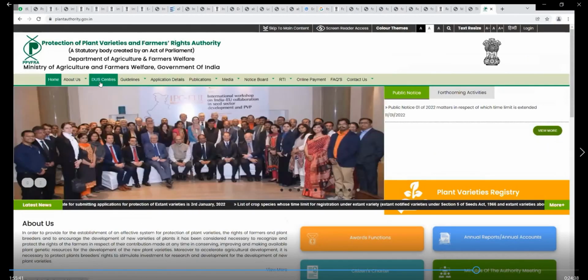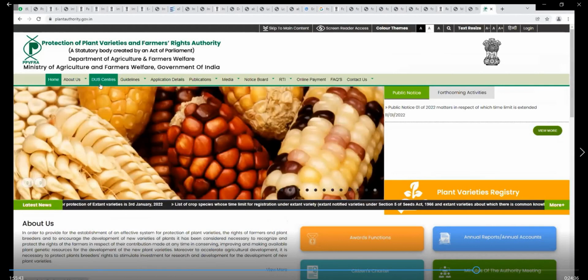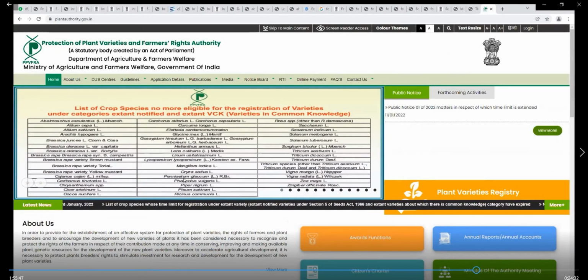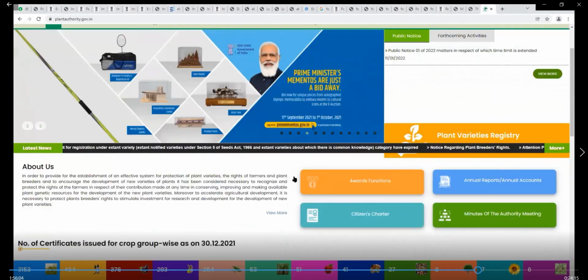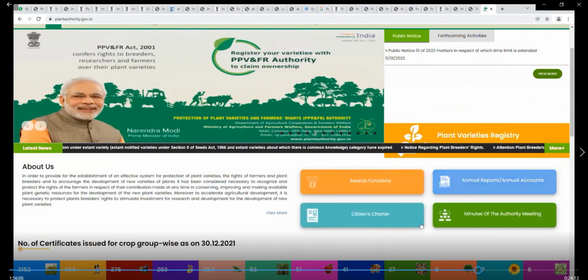This is the DUS center, that is sustainable. Our product has to be sustainable, and the quality should not change with time. For example, the three most basic parameters which are needed are distinctive, uniform, stable. So these are the parameters, and we can file our application, or apply for the farmer's right